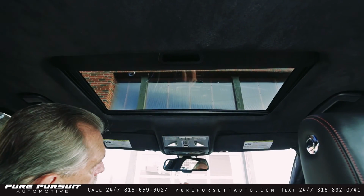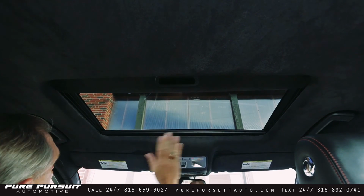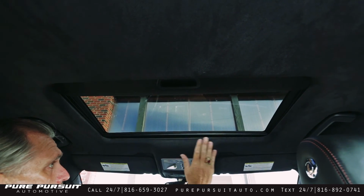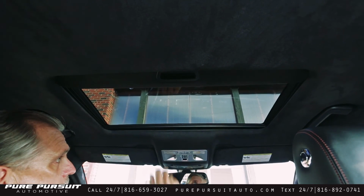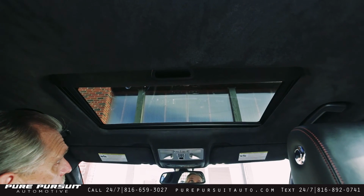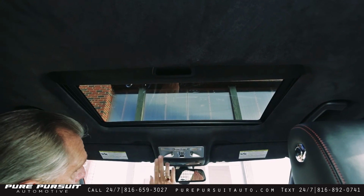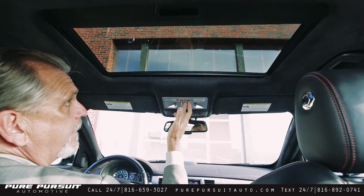And the next thing I'd like to talk about is the beautiful Alcantara leather headliner that you've got here. Just absolutely beautiful. Not only is it plush and fantastic to look at and really accents the vehicle, but it also acts as a sound deadener as well as a sound enhancer when you have the stereo system on in the vehicle. So you've got your Bluetooth microphones here,